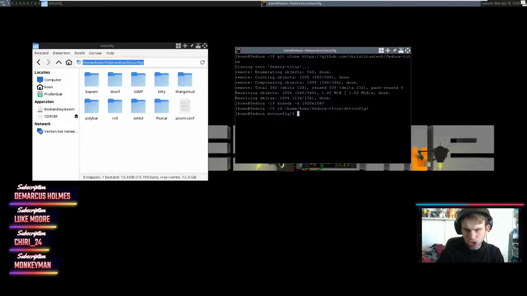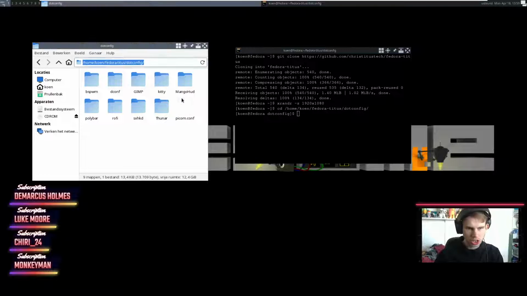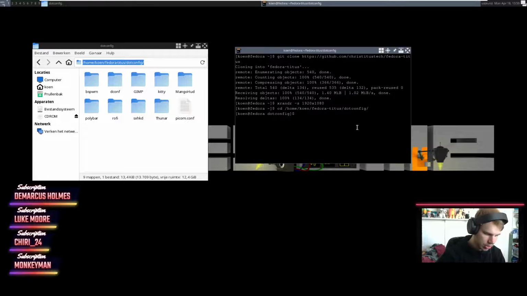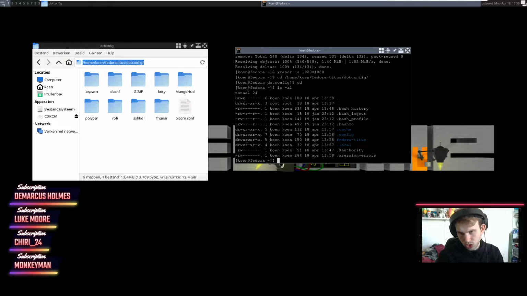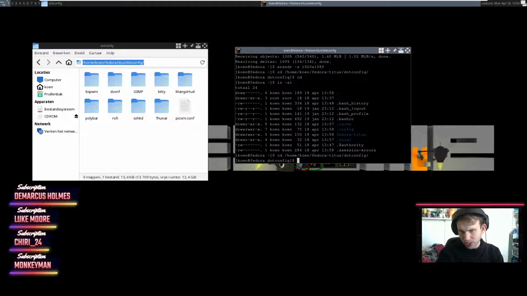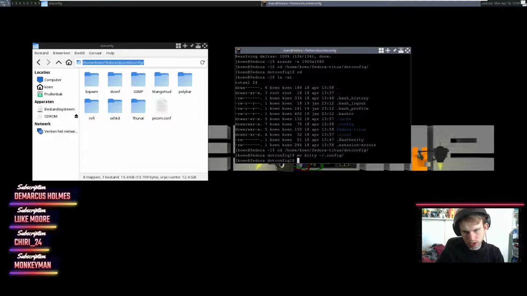And what I need to do actually is, is there a .config inside of my home? There is. Okay, that's going to make things a crap ton easier. So what I can do now is I can move Kitty to home/.config. Perfect.